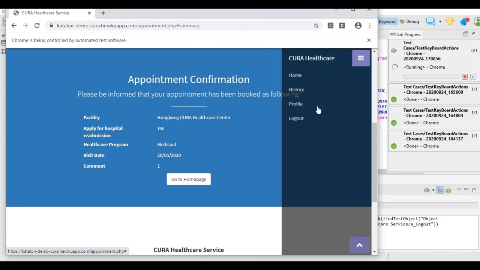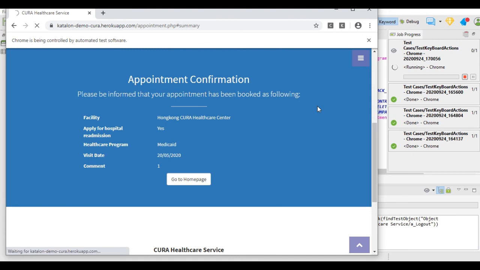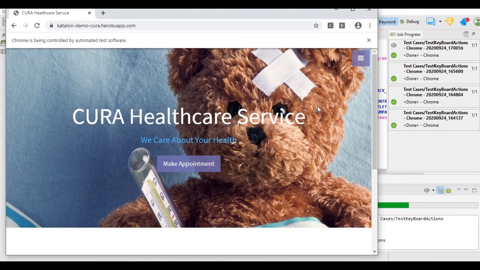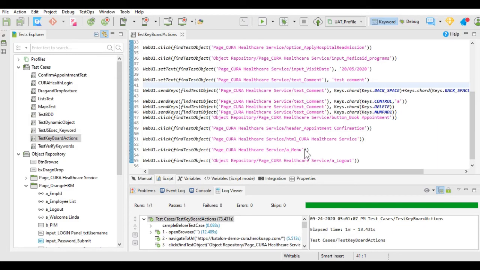And it will log out and our test is passed. So this way you can use the keyboard actions, or you can say keystroke actions, to perform some actions on some of the test objects wherever required.